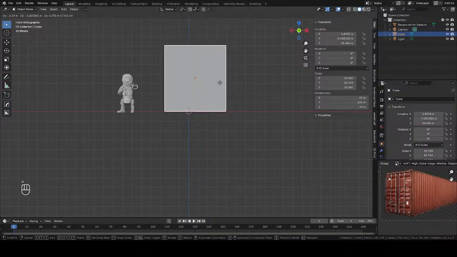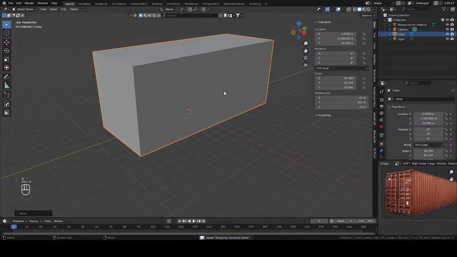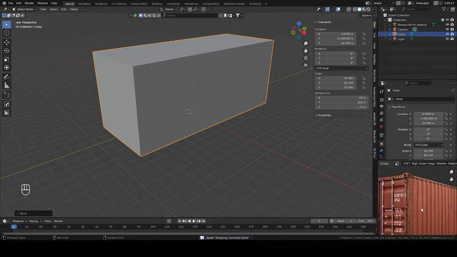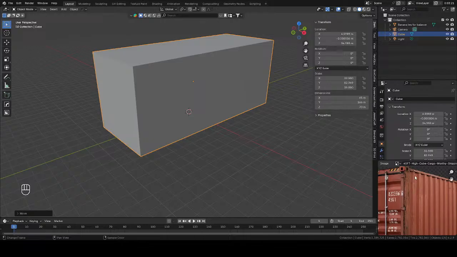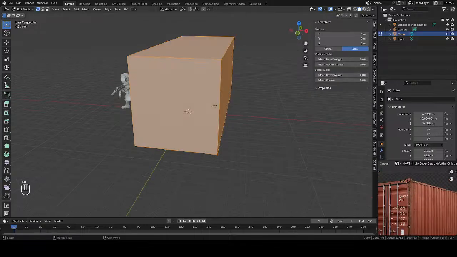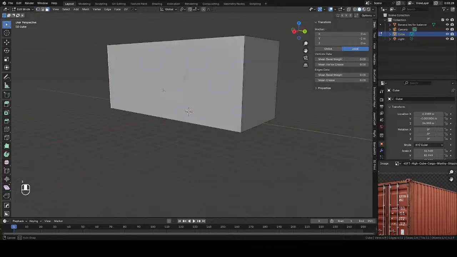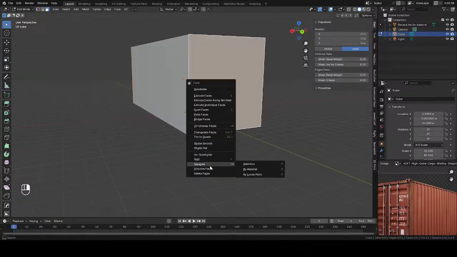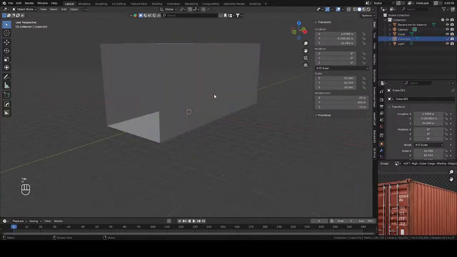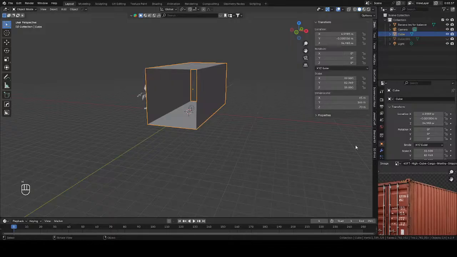Okay. So now that I have my size, I'm gonna start with the side here. I'm gonna do this panel first, which is pretty simple. So I'm just gonna delete these faces. I'm gonna take these faces and then separate them by selection. Just hide them for now. And then for the sides,